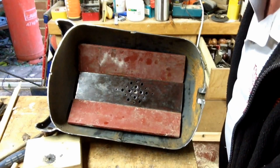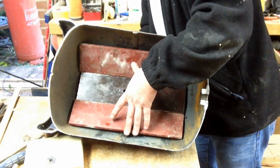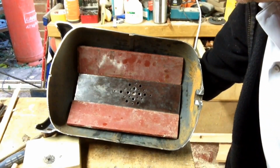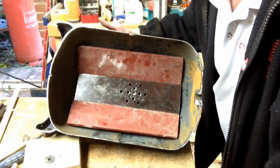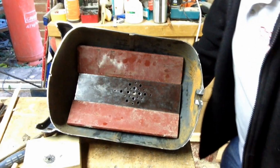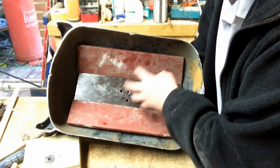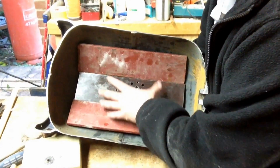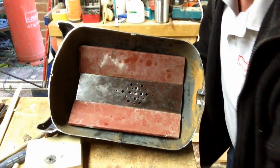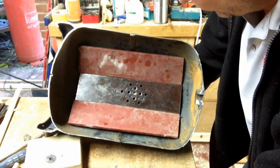So that's the stage we're at the moment. What I am going to do is get some fire cement for a start. I've got some up there, but I don't think there's much left. So I'm going to do that, and then I've got to build a stand to put this on, ideally metal, but I think it might have to be wood, which is one of the other reasons why, because I haven't got a welder, I've lifted this off through these big thick plates. So underneath it'll all be air circulating, and it will take a while to actually heat up the outside of this, or it won't get as hot as if the coals were directly onto that. So yeah, that's the plan,